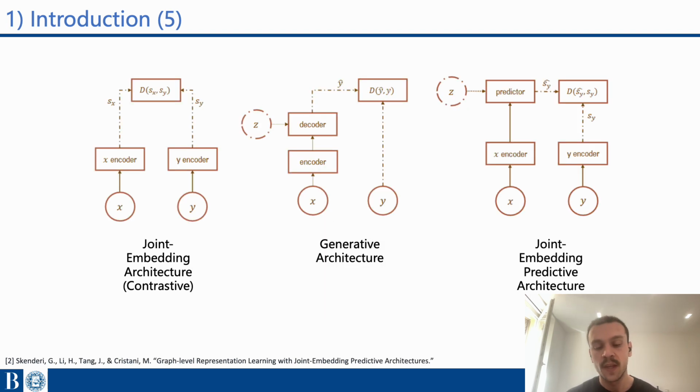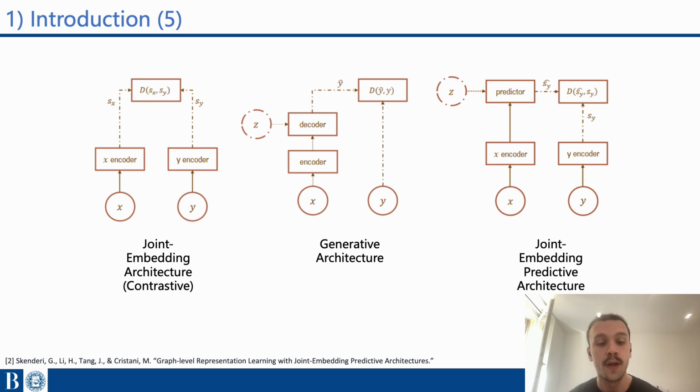But that being said, usually self-supervised learning is done in two ways. And there's a third way, which is the one that we also propose in this paper, which has gained a lot of attention in the past 2 years. So the first way is usually called the joint-embedding architecture, commonly known as contrastive learning, or if I should say it in a better way, contrastive learning is a specific instantiation of this